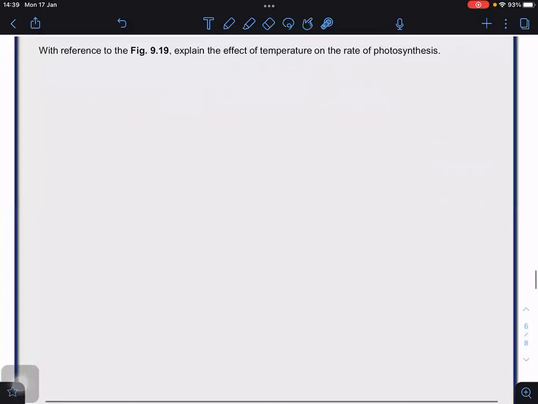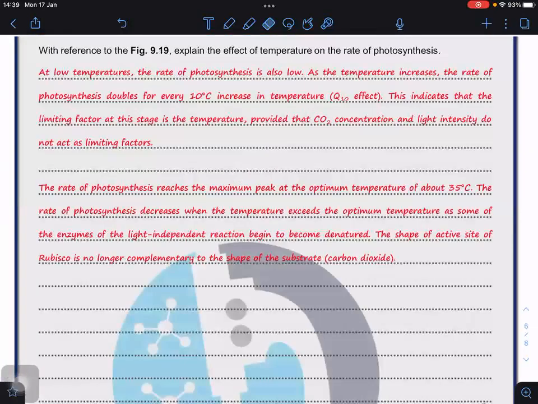So as an explanation of the effects here, at low temperature, the rate of photosynthesis is low because of the Q10 effect. So what's the Q10 effect? Do you still remember the Q10 effect? For any reaction that totally depends on the enzyme, for example, the Calvin cycle, respiration, glycolysis, Krebs cycle, link reaction, the Q10 is almost equal to 2. Q10 basically means that for every increase of 10 degrees Celsius in temperature, the rate of reaction will